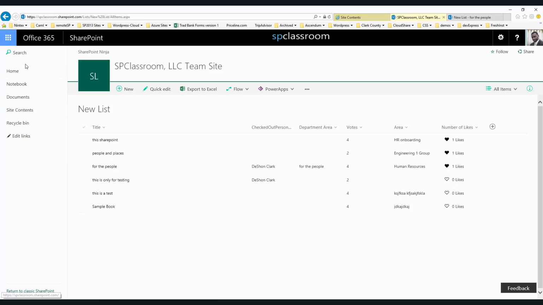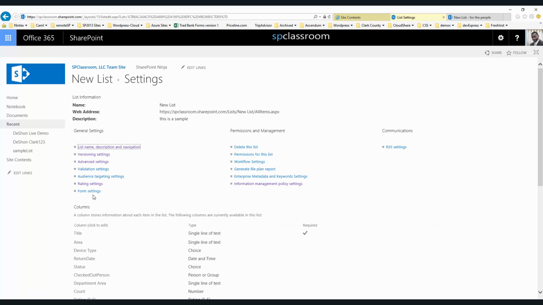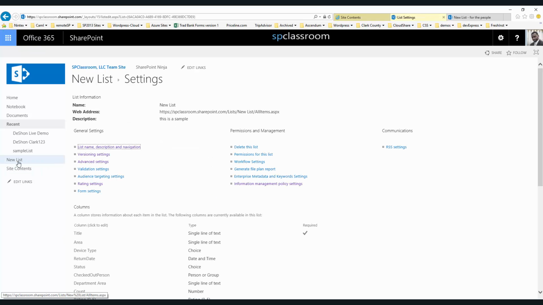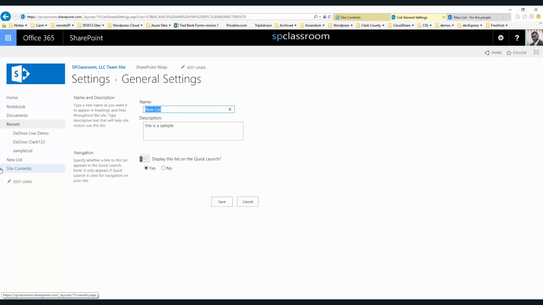Another thing you would notice is that when you create these lists, by default they are not part of the left nav. So we just go back into manage views, which is our list settings, and then select show in the quick launch, and that list will pop over here in the quick launch. It's still wired up the same, where if you wanted to change the name of the list,